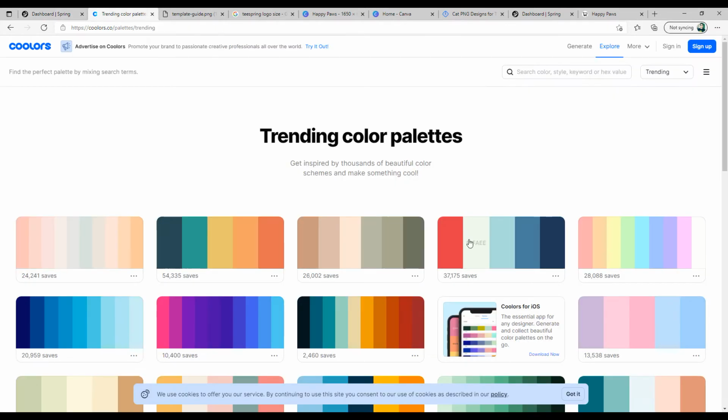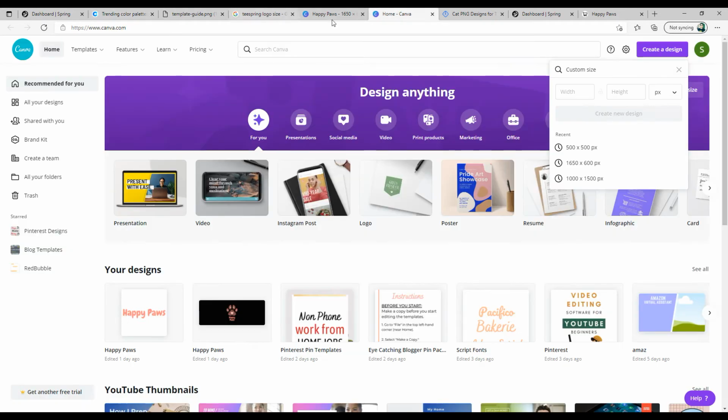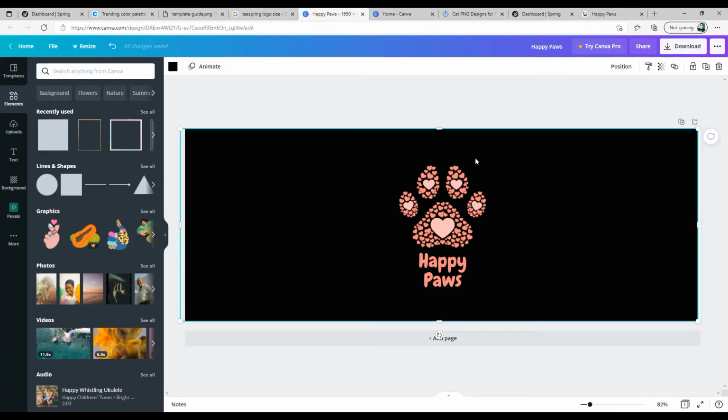So this is something which I recommend you when you are planning to create a Teespring store from scratch and an Instagram account or a Pinterest account, because you can have the same theme and the same vibe across all these platforms, and this can be a good help when you are just getting started, or in case you are planning to optimize what you currently have. So once you are clear on that part, then go back to your banner designing area and give a color specific to your plan and the strategy. So in this case I picked up the black color.